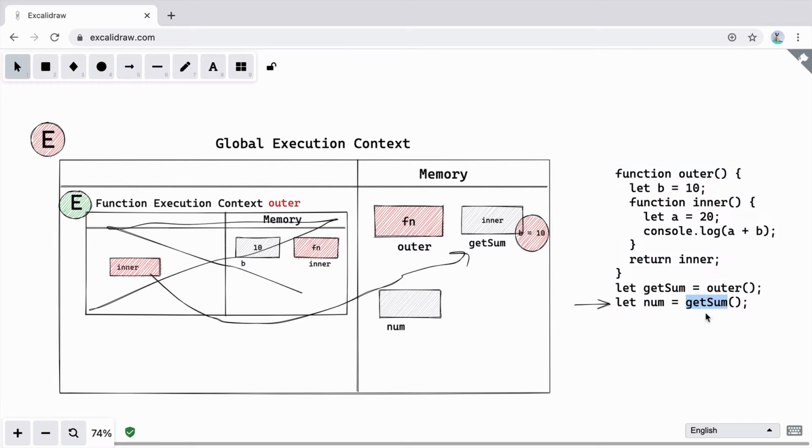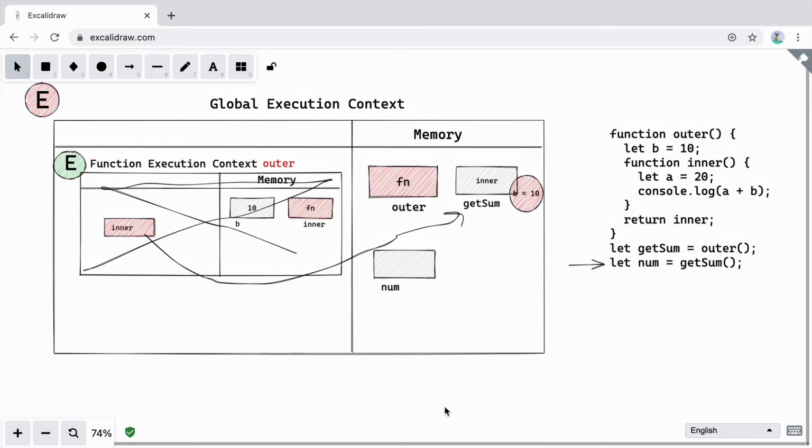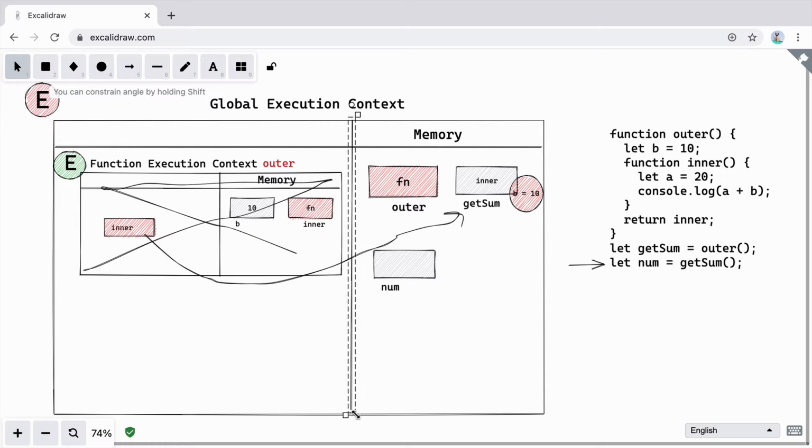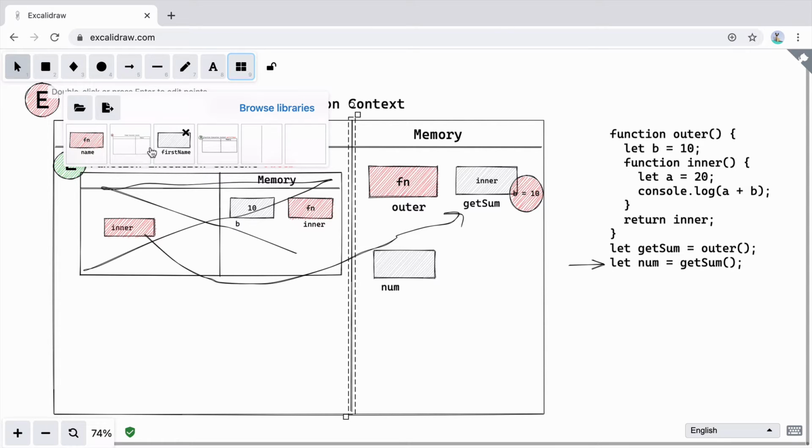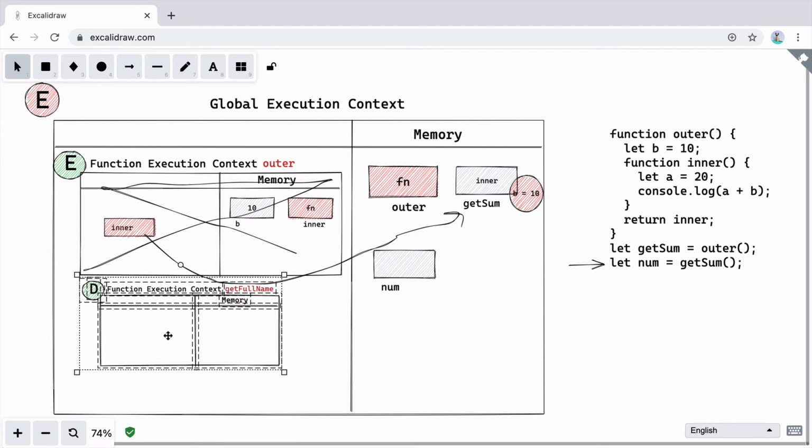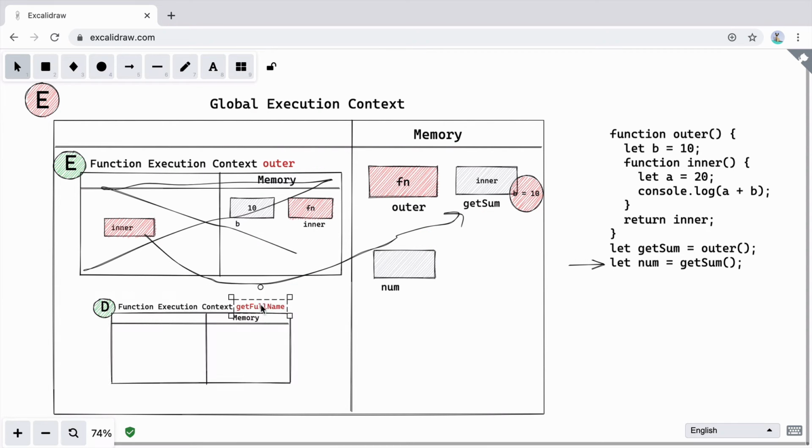Now we'll move on to the last line where we are saying let num is equal to and executing a function called getSum. So we'll create an execution context diagram for getSum. Let me just expand it so we can create the diagram here. The function execution context will be created here. This is the function execution context of getSum.